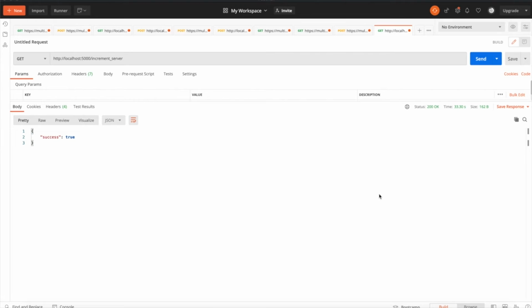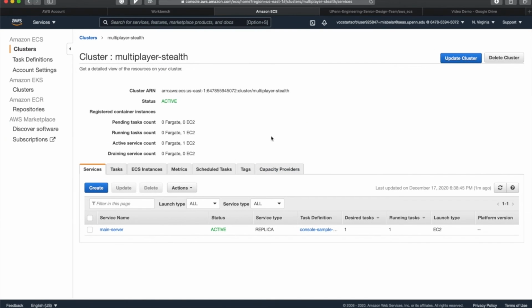We will now discuss the server manager's ability to make AWS calls. For demo purposes, we have set up a sample call here to increment the number of game servers on AWS ECS by 1. For the sake of the demo, we already ran this route as it takes 1 to 2 minutes to fully finish. However, once it does, we are brought back to our familiar page here with the tasks and services, but if we refresh after running the route,